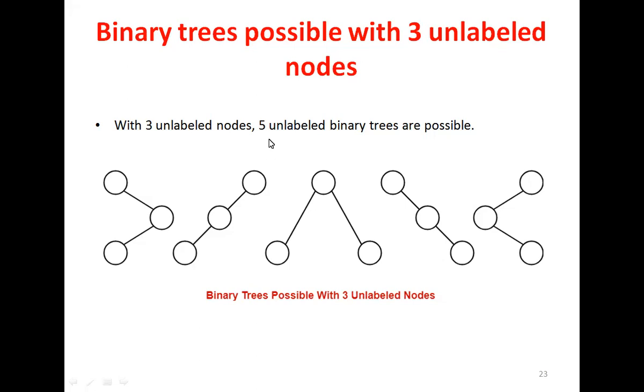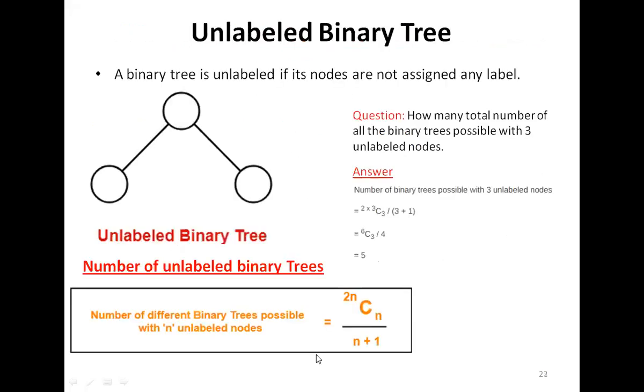nodes. Okay, so this is the formula to find that. If you are given this question, that you are given the total number of unlabeled nodes, and you are asked to find the total number of binary trees using these unlabeled nodes, then you can use this formula. Okay, you may find this type of questions in the GATE exam. Just use this formula. Combination formula, permutation combination formula, you must know that.